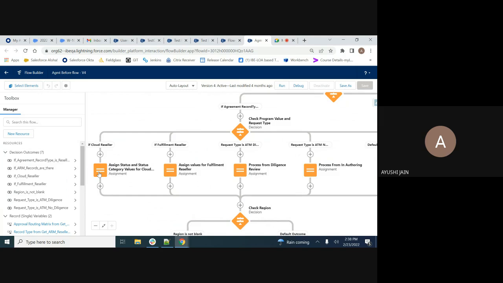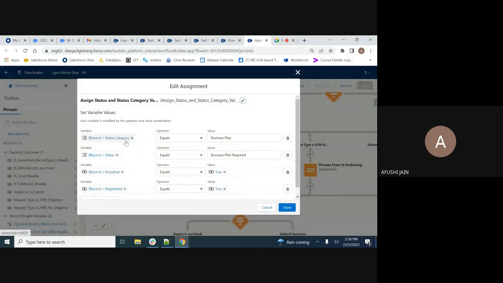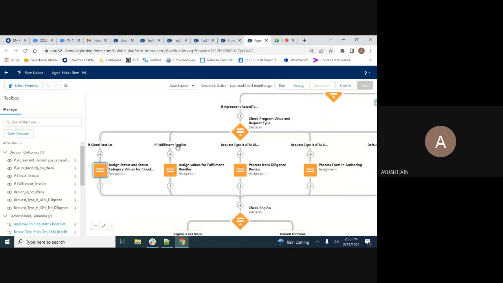Here it is written that if cloud reseller, then the status category will directly change to business plan. So the process will directly start from business plan. We can see here, for cloud reseller, status category will be business plan, status will be business plan required, and so on. After that, the same is for fulfillment. In fulfillment, it's written over there, if program enrollment is fulfillment, then